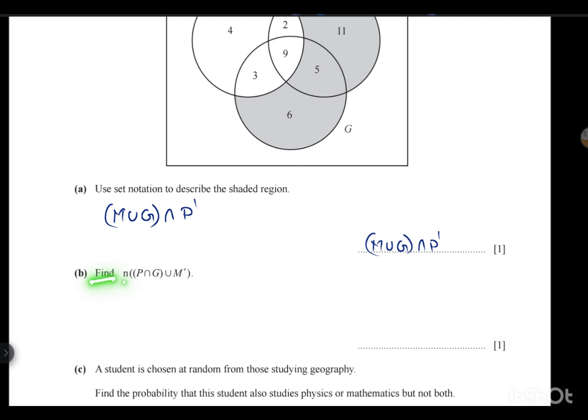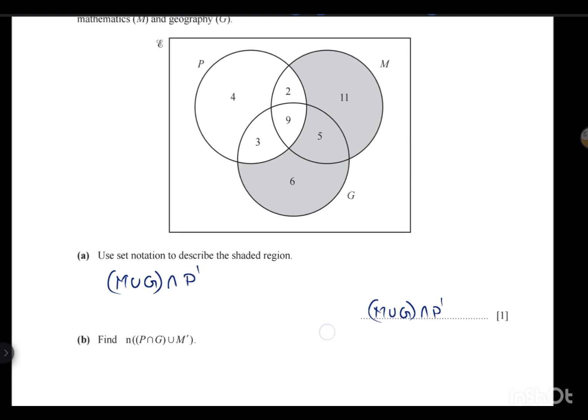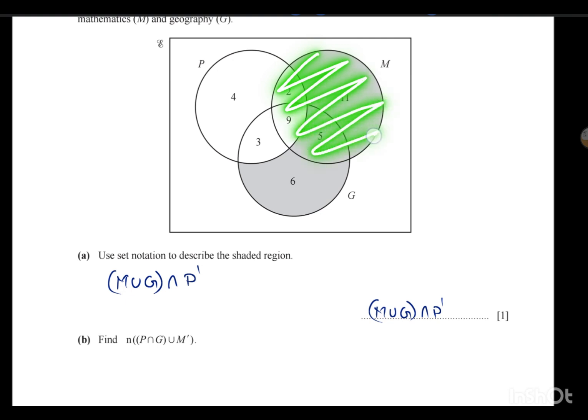Question B. Find n of P intersection G union M complement. Now here find out the numbers. P intersection G is these two numbers, 9 and 3. Union M complement. So M complement will be everything except M, and it is a union. So it will be 2 plus 9 plus 3 plus,